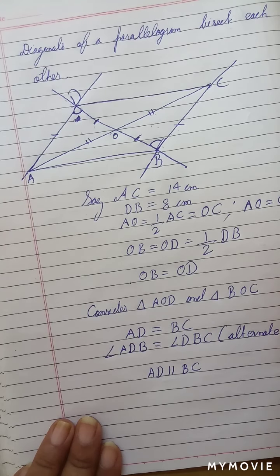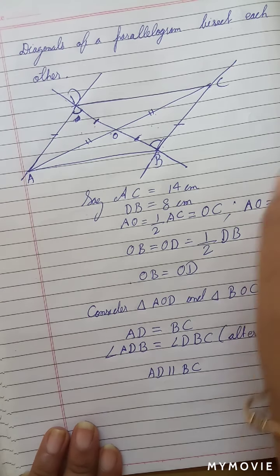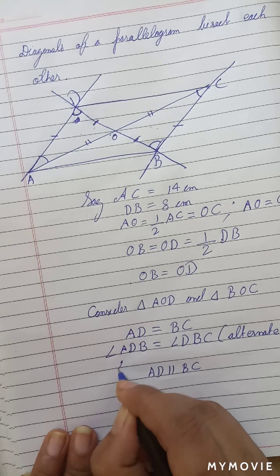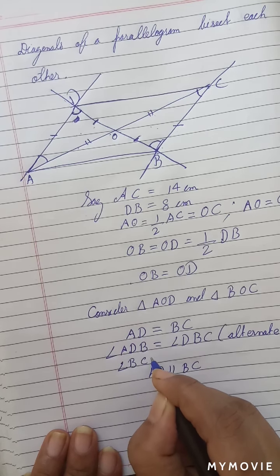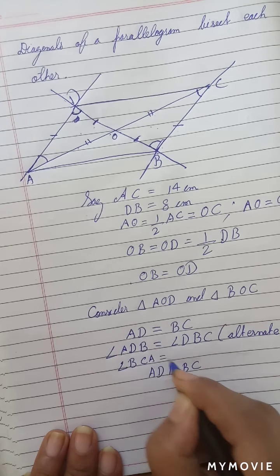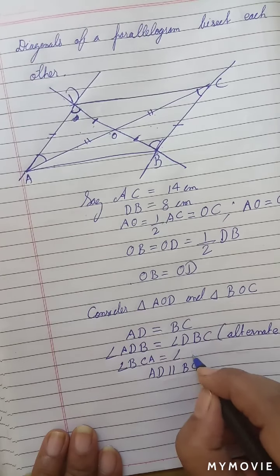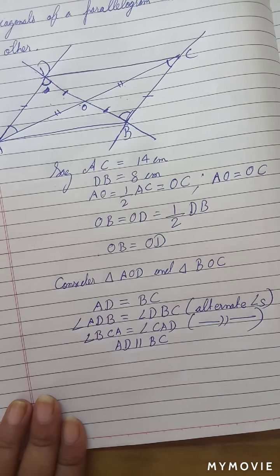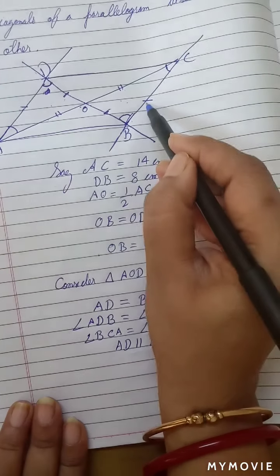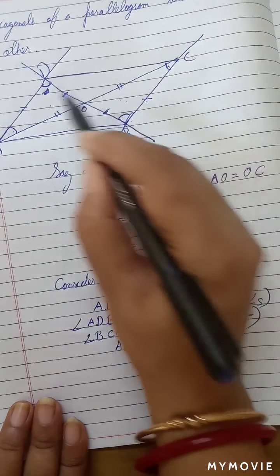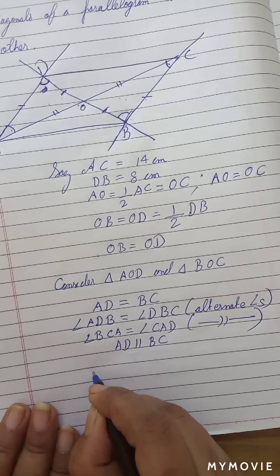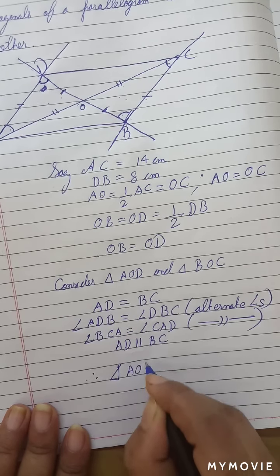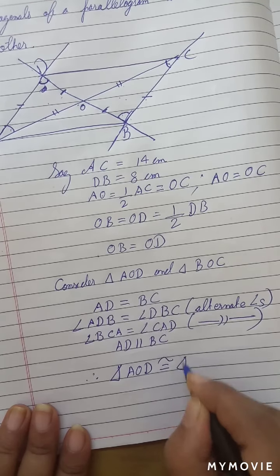Now, we have one more pair of alternate angles. Can you guess which one is it? This and this. Angle BCA and angle CAD. Same rule, alternate angles. So we see that this side is equal to this side, this angle is equal to this angle, and this angle is equal to this angle. Therefore, we can conveniently say that triangle AOD is congruent to triangle